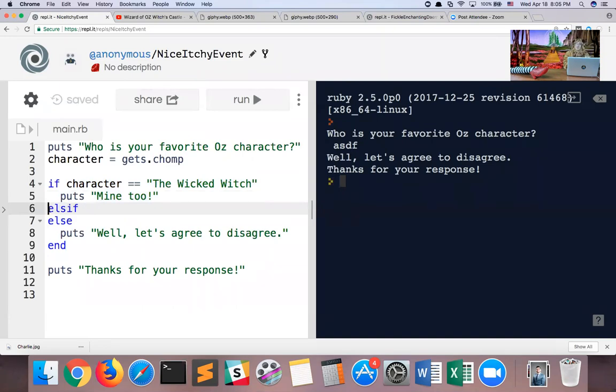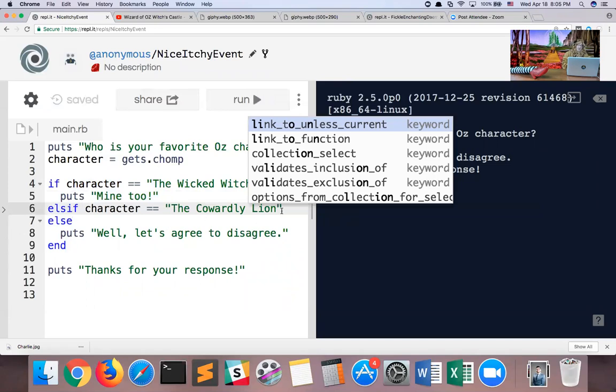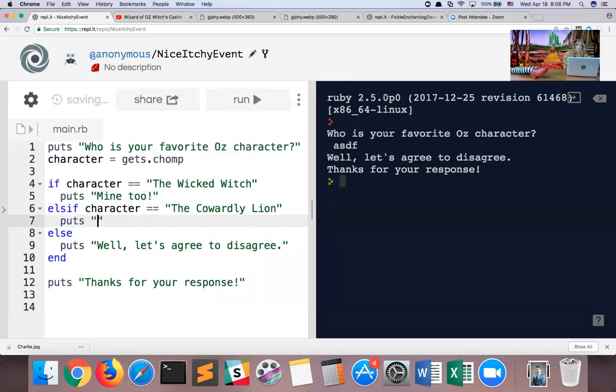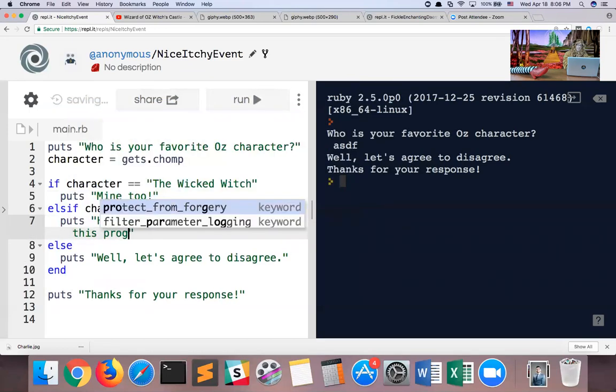We use this special keyword called elsif, which is not English, even though the if was English and the else was English, but for some reason there was a deviation with elsif, and instead of writing it as else if, which would be English, it's elsif, one word, without a second E. Elsif character equals the Cowardly Lion. Then we'll say, hey, did you know that he wrote this program?